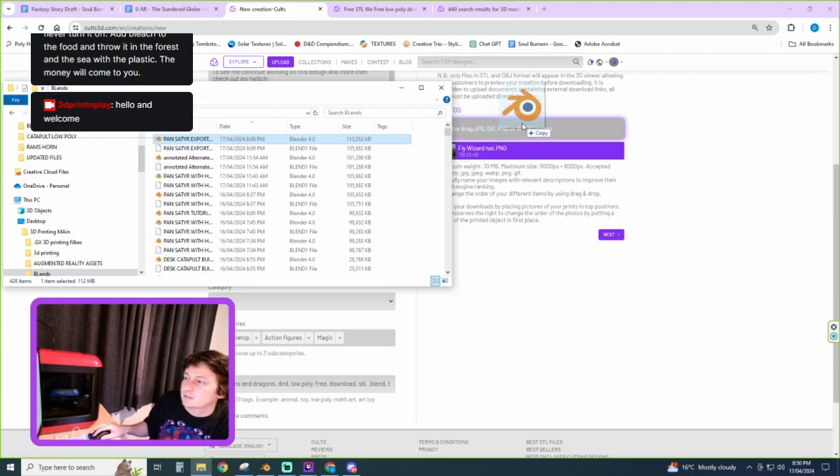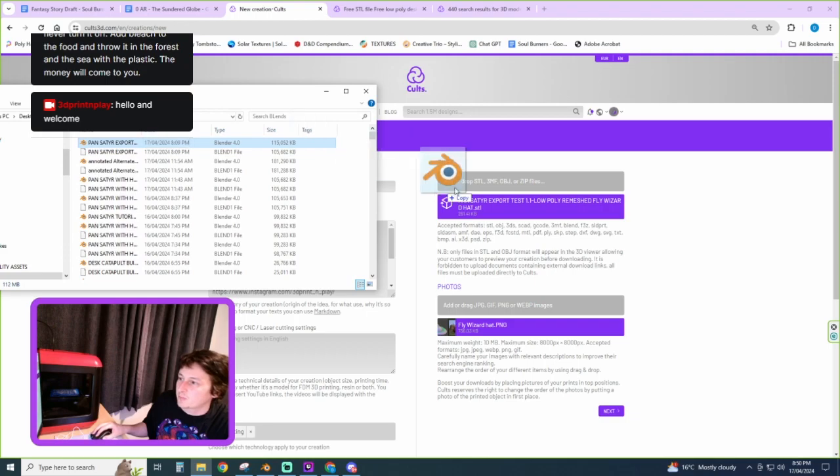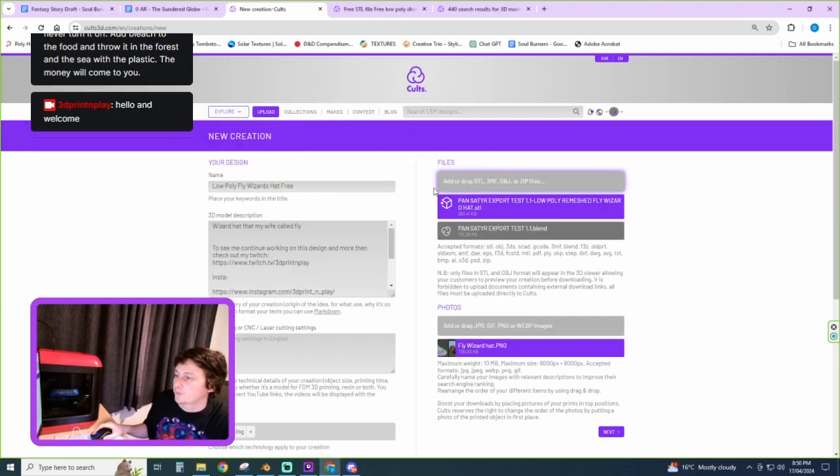That's that Pan Satya export, which actually is probably too good for. Let's throw that out there. At the very least, it can get attention towards me, and it's not at the point where it's actually polished. If people want to print it, then I'd like to see them print it actually. And I might even be printing it today, say, so let's upload that .blend file, and at least you can stay up to date with where I'm at.